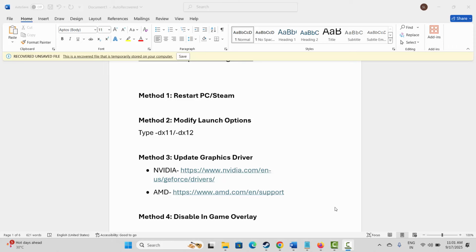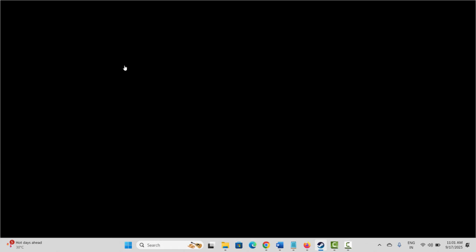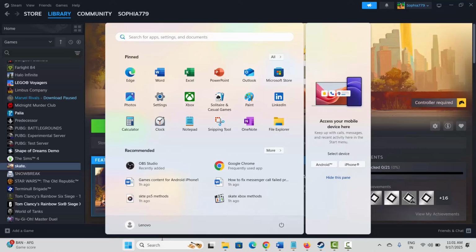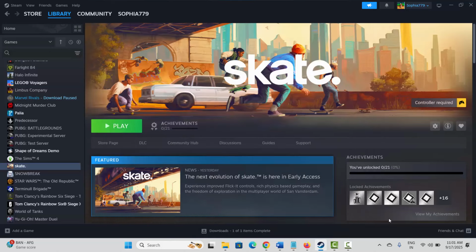First method is to restart PC and Steam also. So for that, first you need to go to Steam. Now click on Steam option over here, then click on exit. After this, click on Windows icon, then click on power and then select restart. So this will restart your system, and after restarting, launch Steam and then try to play the game and see